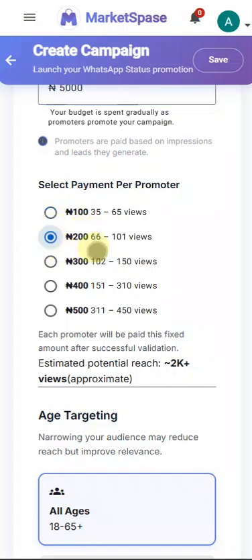If you choose 200 naira, you're expecting them to do 66, and 101. Between these values, they will earn 100 naira, and so forth, up to 500 naira. But of course, many of the promoters vary. Some of them have a high volume of contacts, some of them have a low volume of contacts. So choosing a number that is between, that enables both those with high and low to be able to promote your campaign